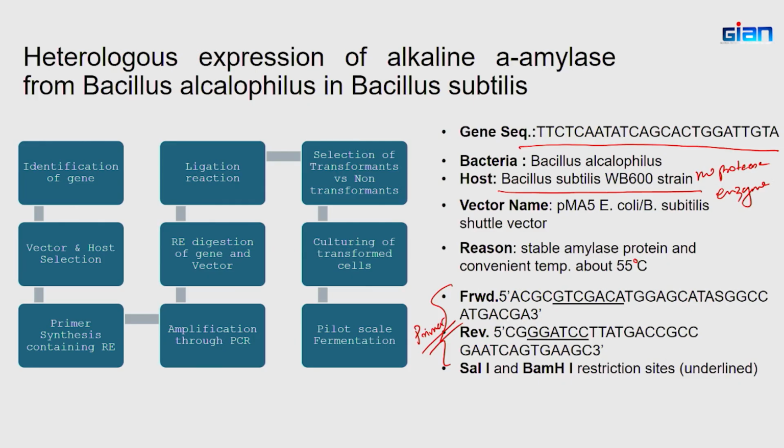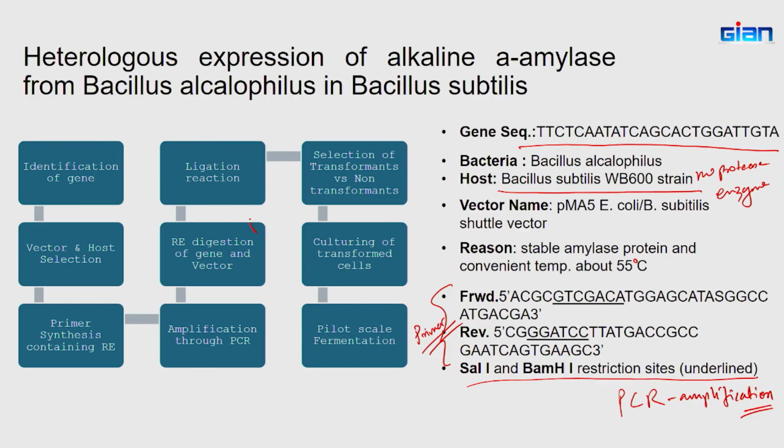So we have incorporated 2 restriction enzymes, BamHI and SalI, into the gene sequence. It was then amplified using PCR through standard procedures. After that, both the gene and the vector were digested with the same restriction enzymes. As each contains the matching sequence, the gene will ligate to the vector only.